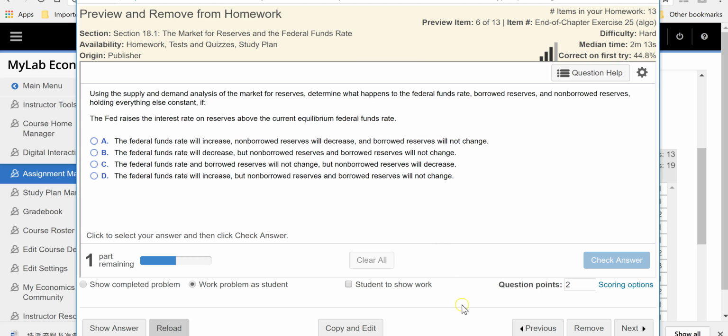So we said that the interest rate paid on reserves is the lower portion of the demand curve. So if the Fed raises that part above the current equilibrium federal funds rate, we immediately know that the federal funds rate has to increase. An increase to what? Increase to exactly equal the interest rate paid on reserves. So we look for the answer which can match that description. The federal funds rate will increase, and